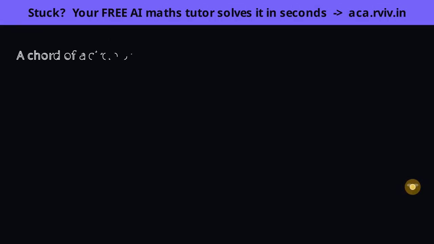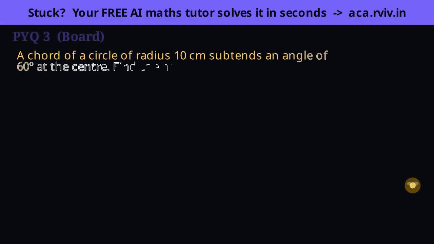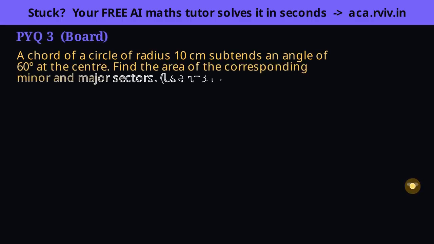Careful reading first. This asks for the two sectors, not the segments, so no triangle is involved. Find the small minor sector, then get the big major one by subtraction from the whole circle. Note the plan and the wording. It wants sectors, so we stay with plain pie slices, no chords or triangles. Get the minor sector from the formula, then the major sector as the whole circle minus that minor. Givens, radius 10, angle 60, pi as 3.14 since 10 isn't a multiple of 7.